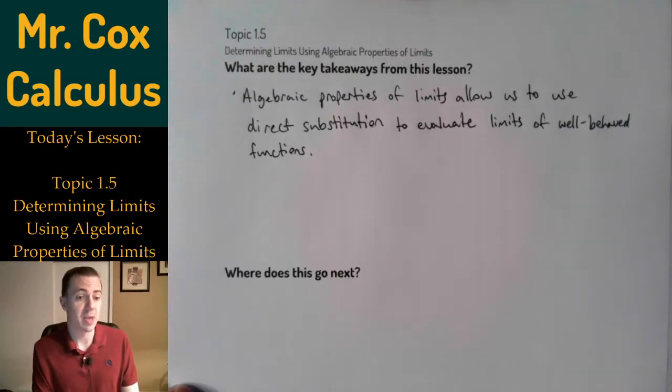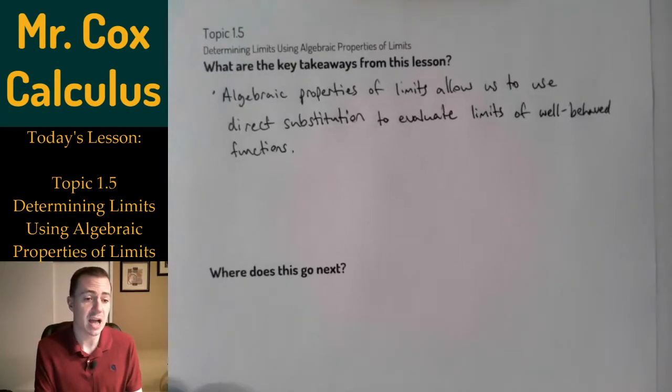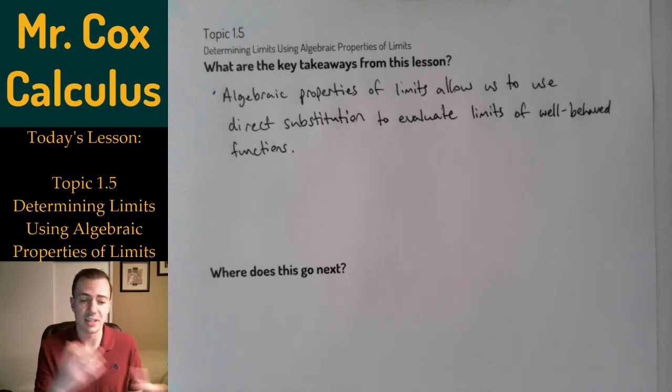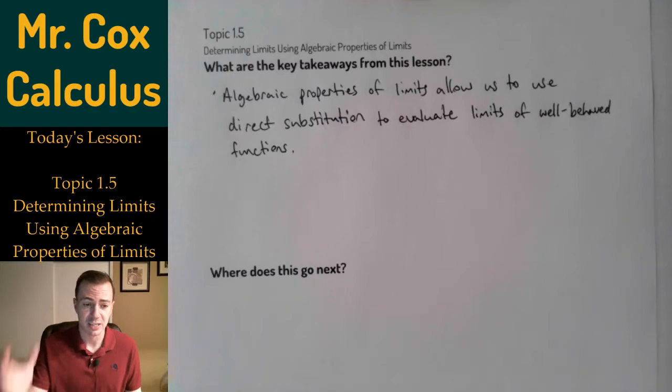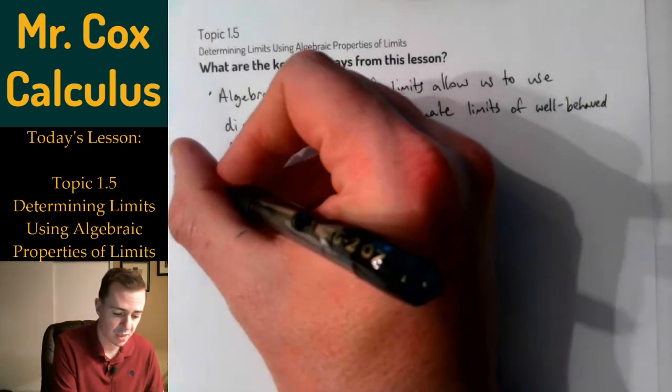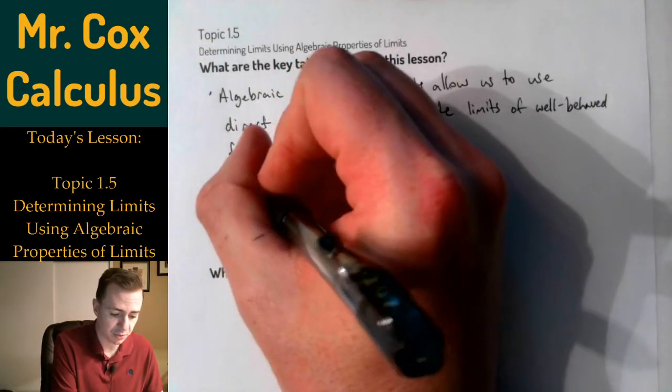And this really does make our lives so much easier because now we can look at functions, and as long as we don't have an issue, for example, if it's not something that makes the zero in the denominator or something like that, we can actually just evaluate limits using direct substitution. If we want to know the limit as x approaches 2 of a polynomial function, for example, we can simply substitute 2 in because the limits are approaching whatever the function value is for these particular functions. And so direct substitution,